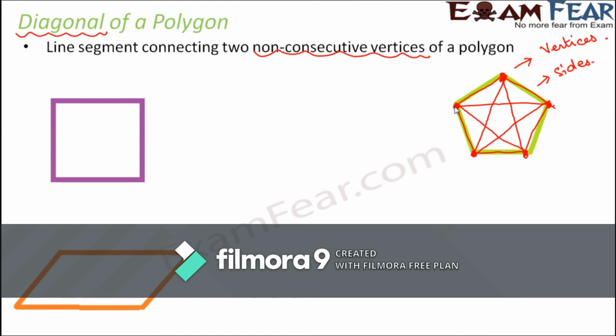So let's take the example of a square. In case of a square, you can have a diagonal like this. You can also have a diagonal like this. So these are the two possible diagonals for a square. You cannot have more than 2 diagonals. Similarly, you can think of a parallelogram. This would be a diagonal. Similarly, this could be a diagonal as well. So here also you can have a maximum of 2 diagonals, not more than that.